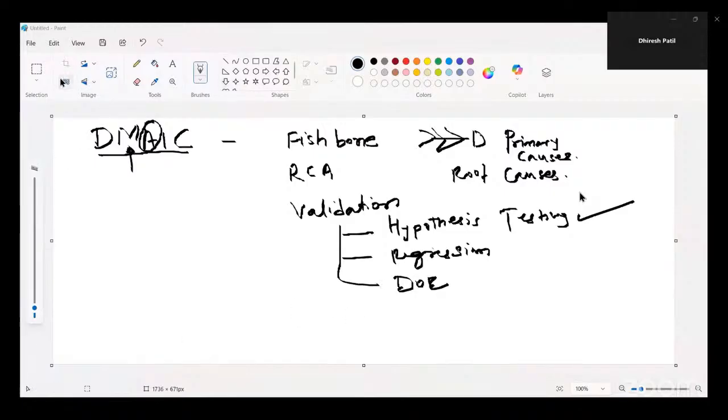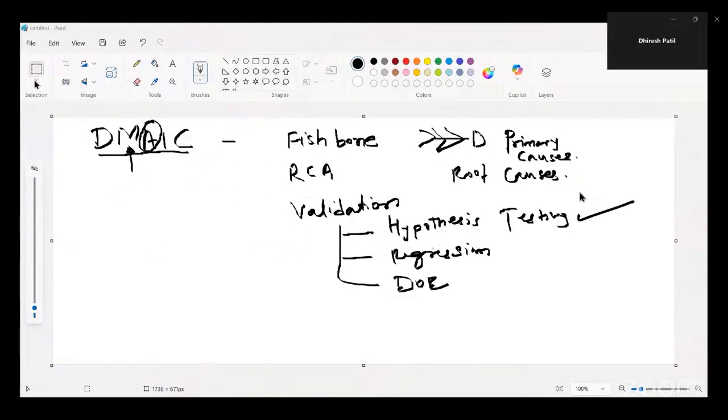Then we will go directly to the Minitab software and we'll touch upon the advanced hypothesis testing today. Okay. So we are going to learn some 4 to 5 advanced hypothesis tests, like ANOVA, like chi-square test, like F ratio test, etc. So where are these tests used? Everything I will cover today.